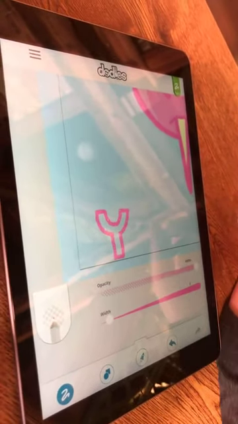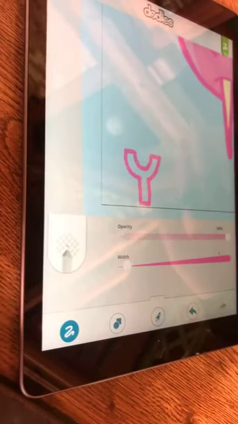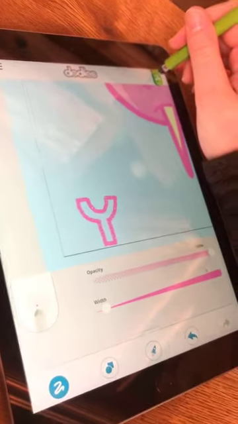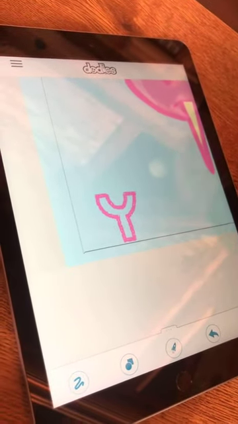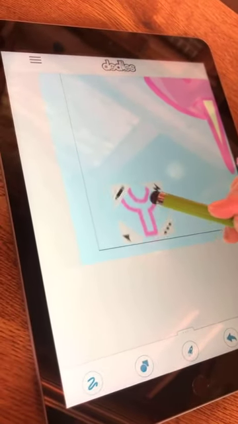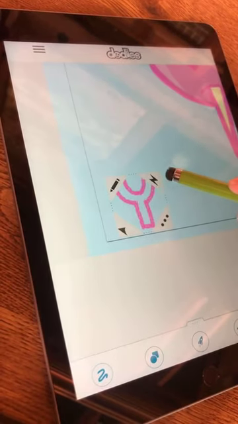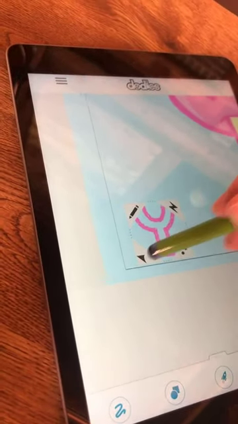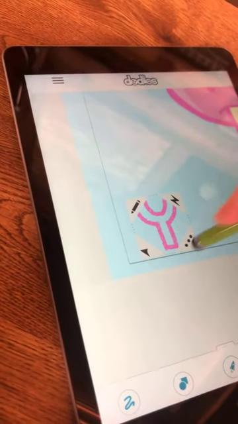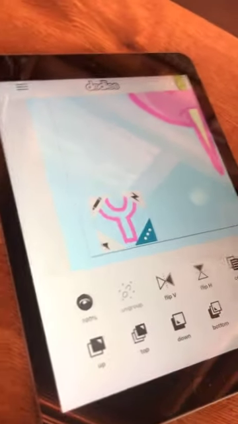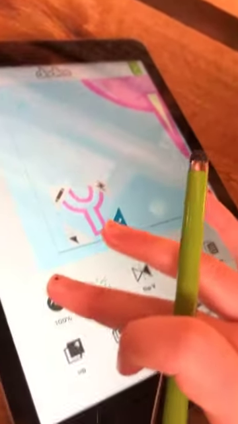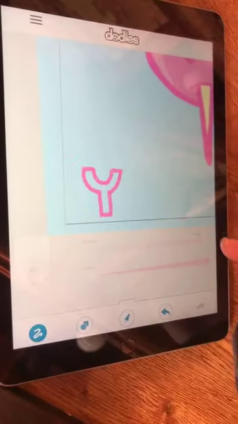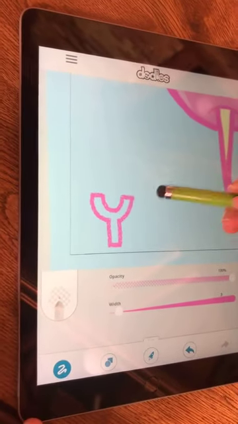So I just did a bubble letter Y. And to make this its own layer, all I have to do is click this green OK stack in the corner, and it's gonna pop up, and this is its own group. So I can animate this by itself, I can edit it by itself, I can peel back the layer if I don't want it there while I edit something else. I can copy it, delete it, make it not visible. There's a lot of different options. So if I do that for each letter,